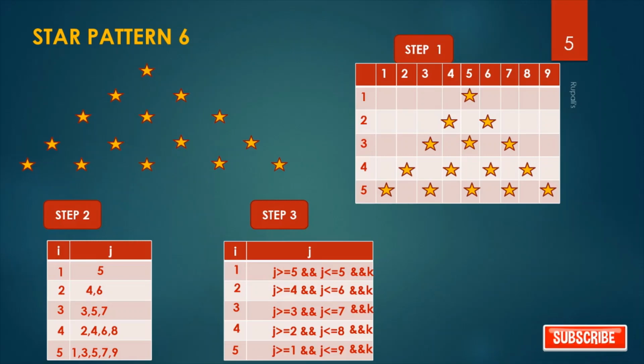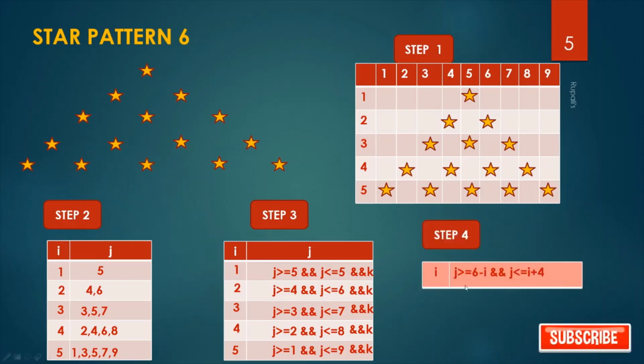Now, what is the general form? The general form is this: j greater than or equal to 6 minus i and j less than or equal to i plus 4. See here, for 3, j greater than or equal to 6 minus 3, that is 3, and j less than or equal to 3 plus 4, that is 7, and k.